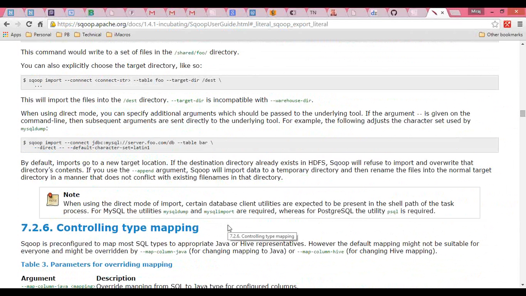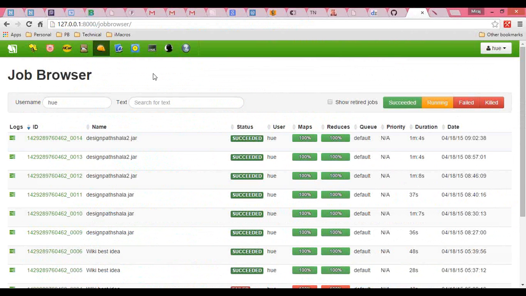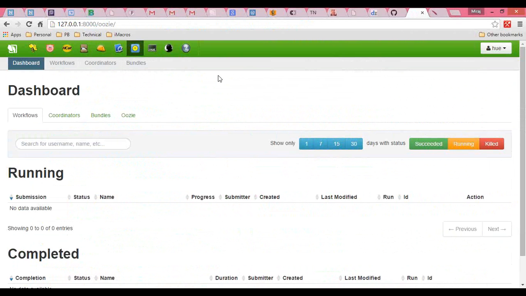So, okay, I'll assume no from everyone, no one has any questions. So let's move on to the Uzi part. I'll show you the easier way of the Uzi, and then I'll show you the code part also. If you want, I can show you the XML part and how to run that. So Uzi is basically a workflow engine